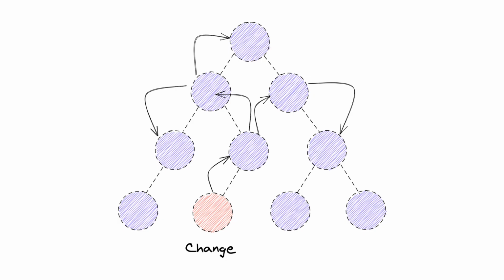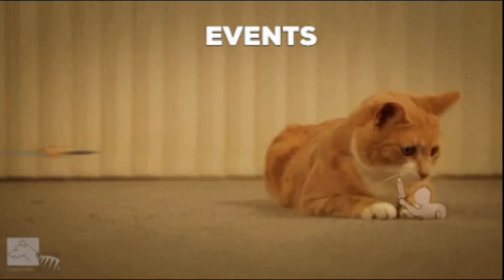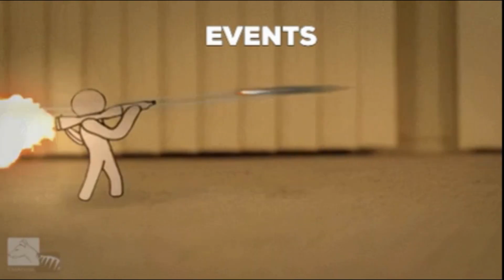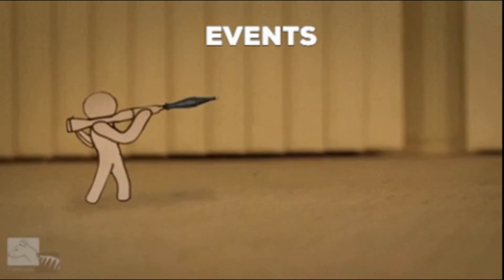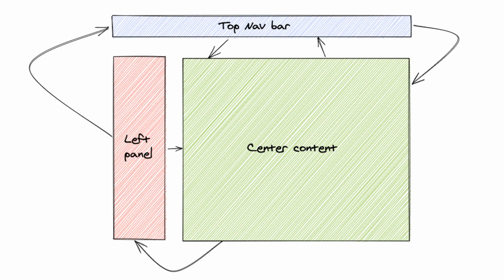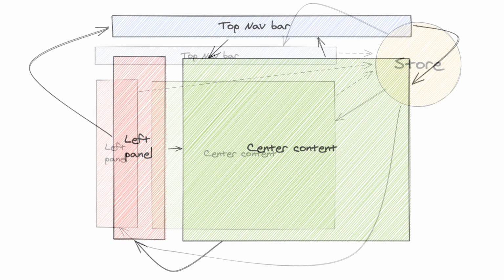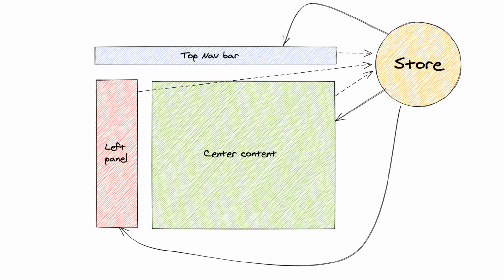So how do we do that? We raise events when our state changes and listen to those events at different parts of our application. Let us consider an application wherein we have a top navbar, left panel and a central content. Whenever any data changes from any part, we want to notify all the other parts about the change. Things get really messy when our application grows. This is where Redux comes into the picture.